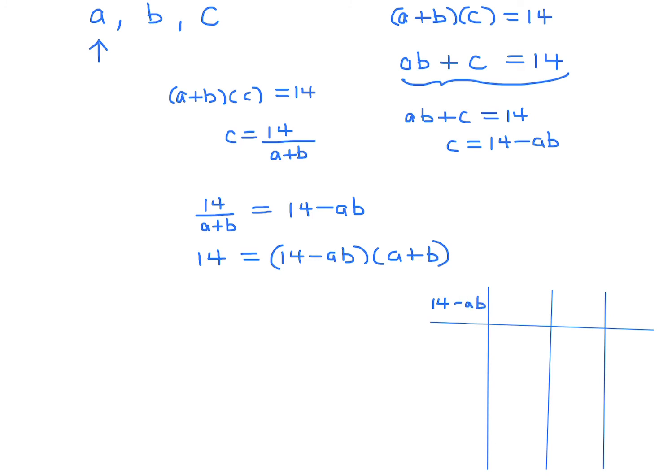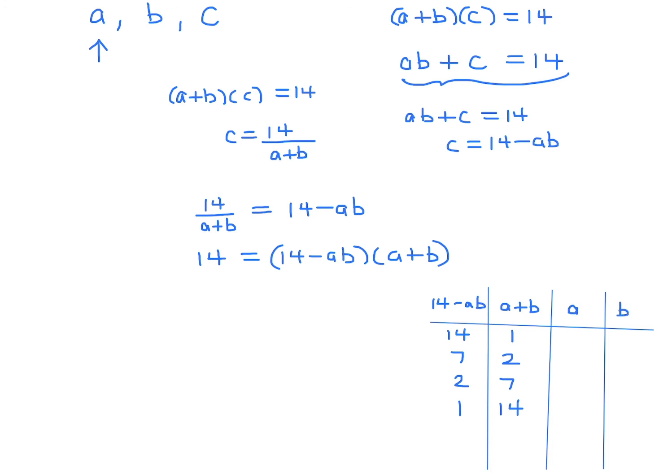And here I will write a plus b. These two, multiplied, have to equal 14. How do I do that? Well, 14 and 1, that's one possibility. 7 and 2, 2 and 7, and 1 and 14. These are possibilities. I'm not saying these are going to work because we're going to have to get a and